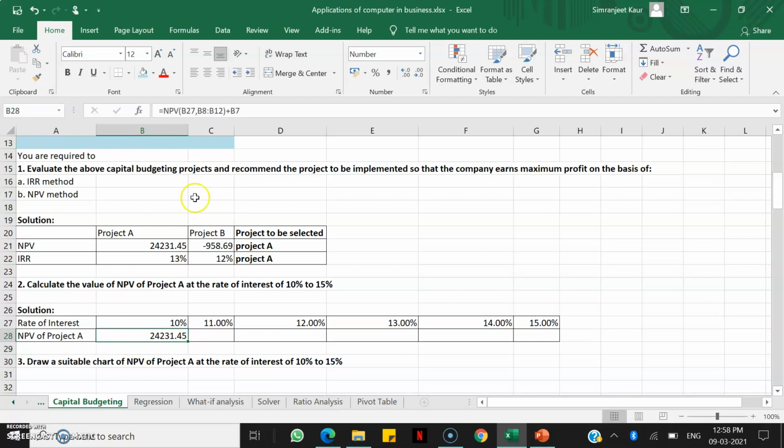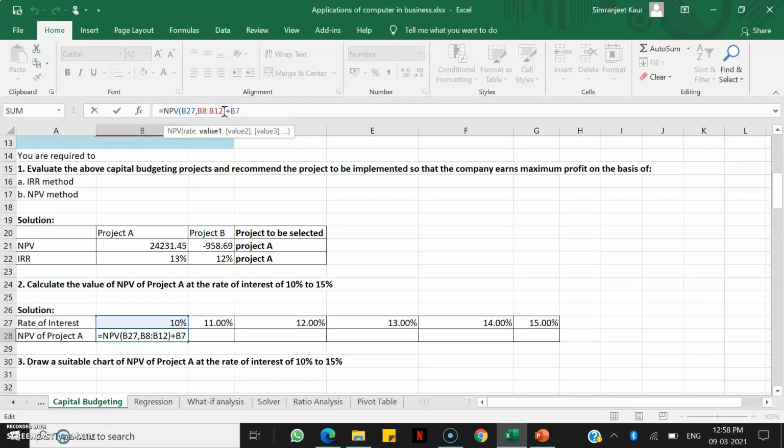Now one modification that you have to do is, let's go to the formula bar. Because I want to replicate this formula in these following cells also, in these columns, right? So what I will do is I will fix my cash inflows. I'll simply press F4, right, and I'll fix my cash inflows, and my cash outflow also I will fix.